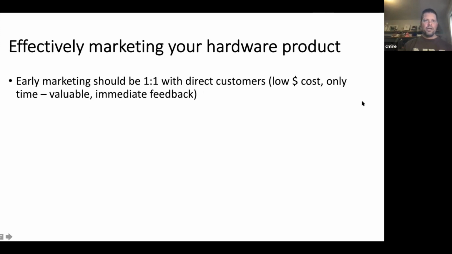So the early marketing should be one-to-one with your direct customers. And that's very important because you need that customer feedback. You need to know for certain that you are truly solving this problem before you start really going full speed ahead. If you're missing the mark, this is the time to figure that out, because once you've invested,